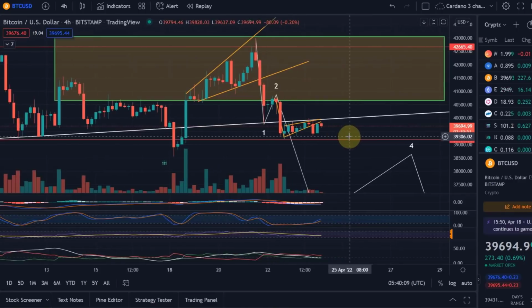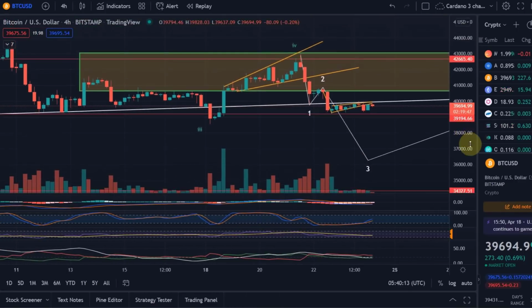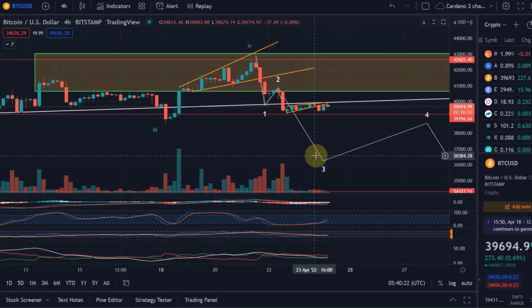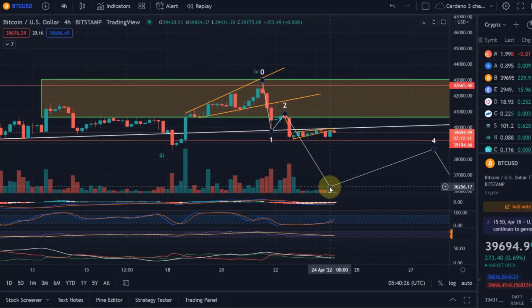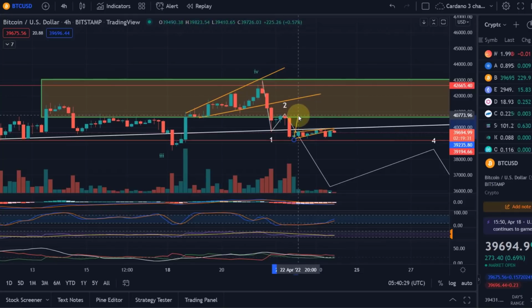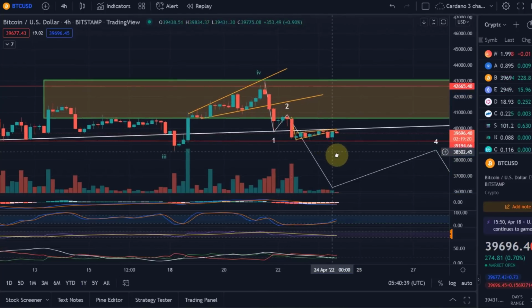What are we doing here in the small scale? Well, yesterday I showed you this possible beginning move down. I've been talking about that now for over a week, I think. 1, 2. We might now be in the wave 3, but if we are in the wave 3, we really need to start going down now. If we don't do that, it is possible that we're still in the wave 2 and could come up once more. So that will be decided, I guess, in the next few days, maybe even earlier, maybe even